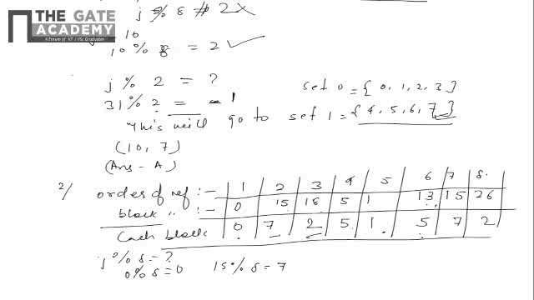If you do 13 modulus 8, what will be the result? This will be 5, right? And if you do 13 modulus 2, the result will be 1. So here it is differing. Here the difference has come. There will be no change for the set associative, but on the 6th cycle, block 30 will be replaced by block 5 in direct mapping. So the first difference comes in the 6th cycle. That will be the answer. So the answer will be D. Thank you.